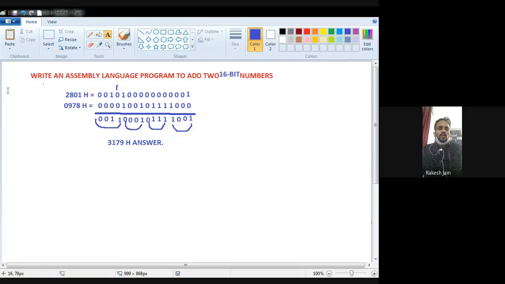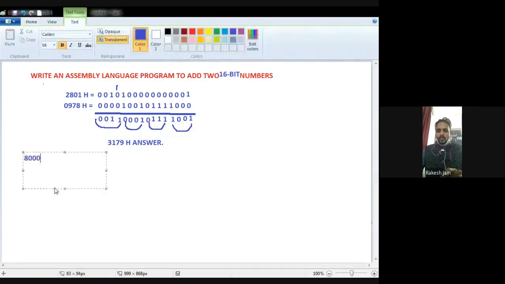When the data is more than 8 bit, it must be split into two 8-bit parts and stored in consecutive memory locations. Consecutive means one memory location, then just the next memory location.